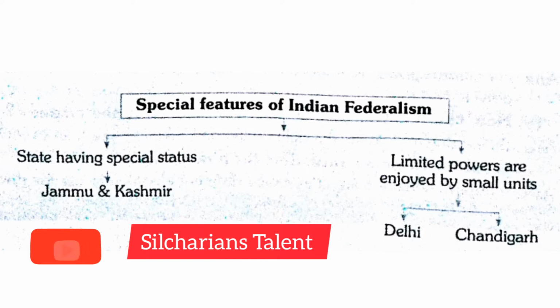There was a time when people who were not permanent residents, meaning if you were not from Jammu and Kashmir, could not buy anything in Jammu and Kashmir. You couldn't even buy a land or a house here. Likewise, there are some other units of the Indian Union which enjoy very little power. These are areas which are too small to become independent states, but which could not be merged with any of the existing states.